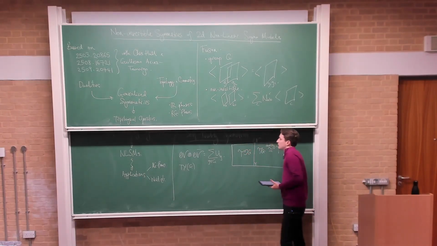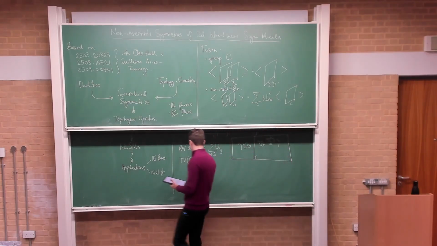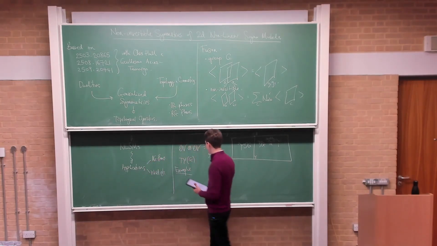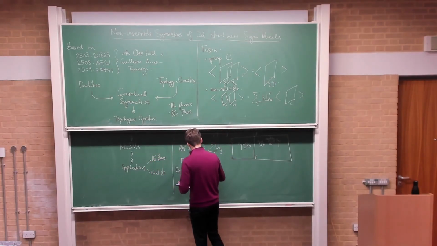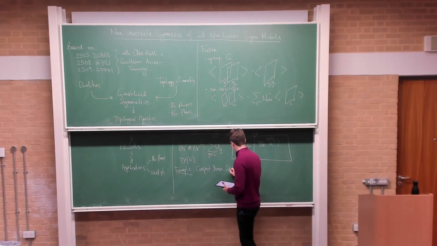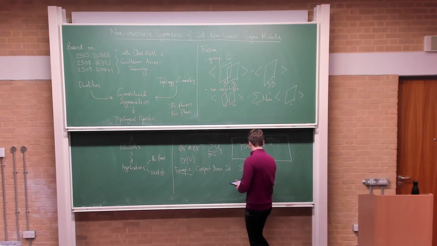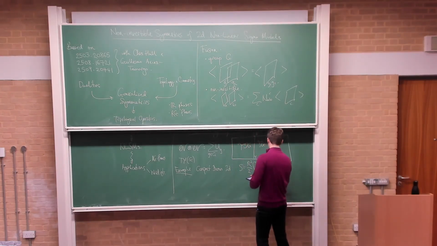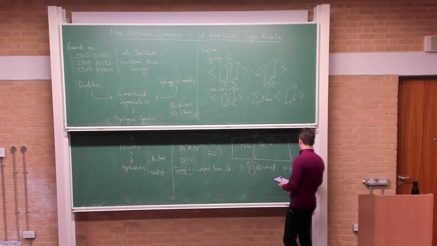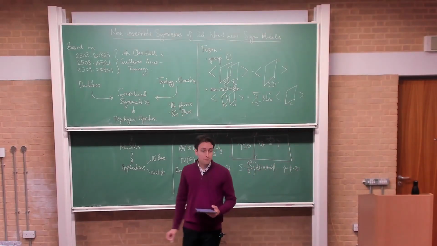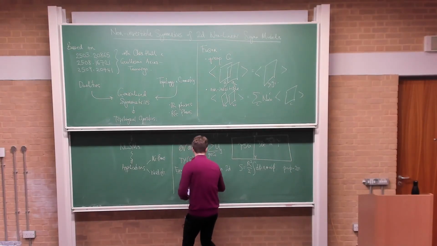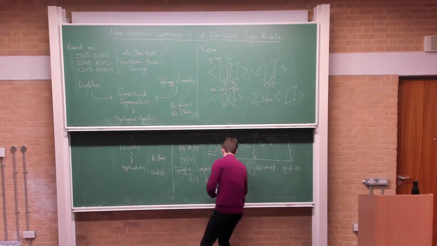So let's have something to pin ourselves on. Let's discuss an example, which is a single compact boson in 2 dimensions, the action for which, just to establish some conventions, I'll write like this, where phi is 2 pi periodic. Okay, so this theory obviously has a U1 shift symmetry, which just shifts phi by a constant, and because